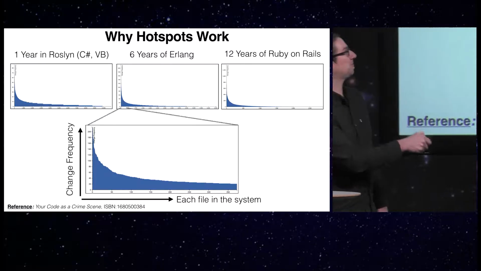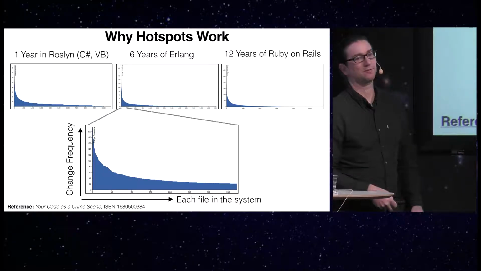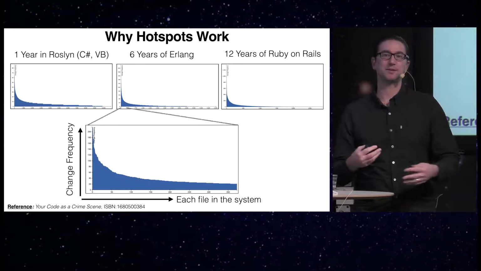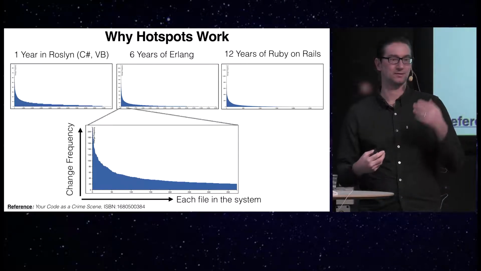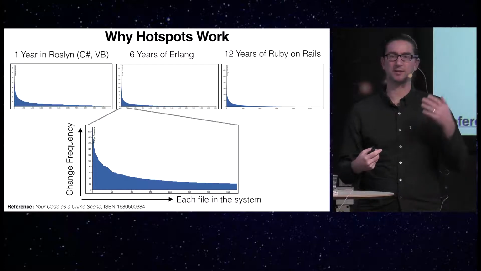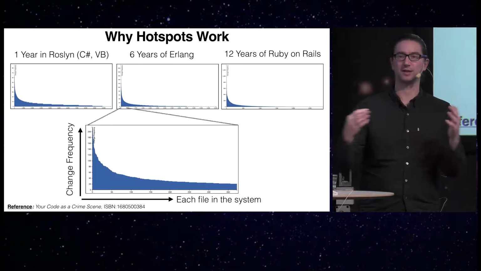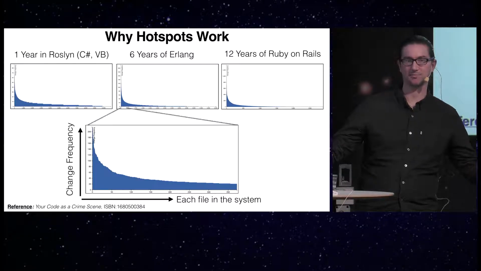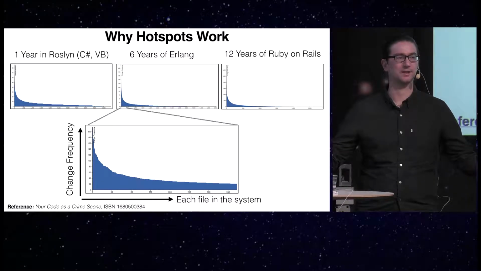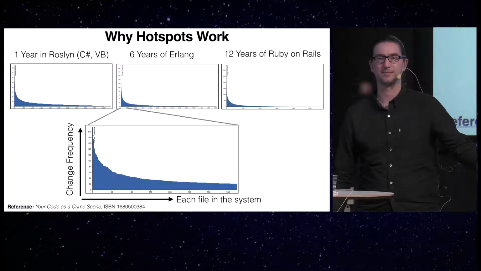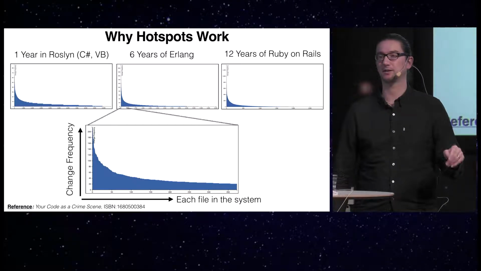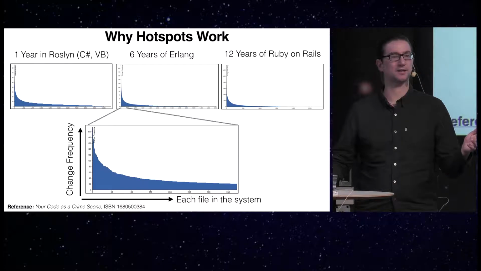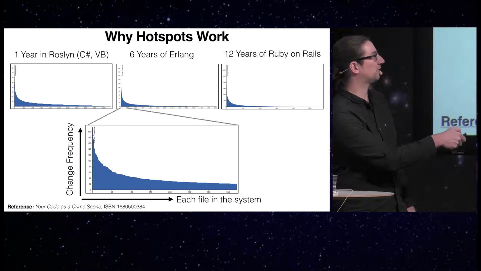Now, if you look at my examples here, I have 3 different code bases, 3 radically different code bases, implemented in different programming languages, targeting different domains, developed by different organizations, different developers, different lifetime spans. Everything is different. And yet, do you see any patterns? That's right. They all show exactly the same thing. They show a power law distribution. And this is something I've seen in every single code base I've analyzed so far. And I think I analyzed like 200, 250 different code bases. So this seems to be the way that software evolves.